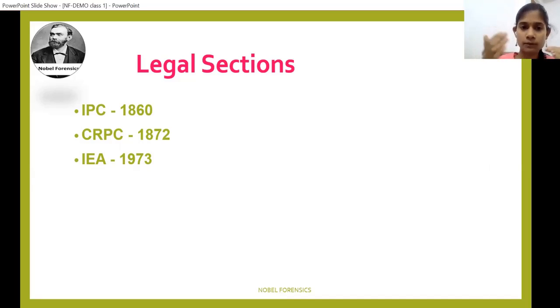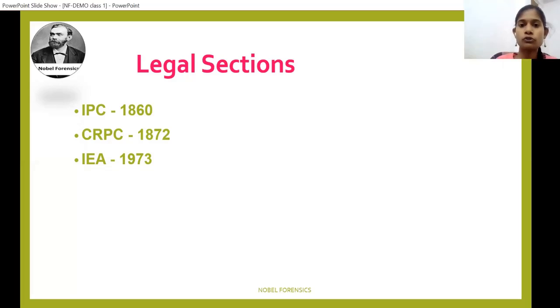The first method is getting a PDF or any material with all IPC sections, all CrPC sections, all IEA sections in one place, and learning all sections one by one. That is one method. But the second method is very easy: learning the sections in individual topics. While you are learning the sexual offenses topic, you can learn the sections related to sexual offenses. Like 375 IPC is the definition of rape, and 376 is punishment for rape. So you need to learn not just the section and definition, but also the related topics. If you learn sections in that particular topic, you can easily learn.